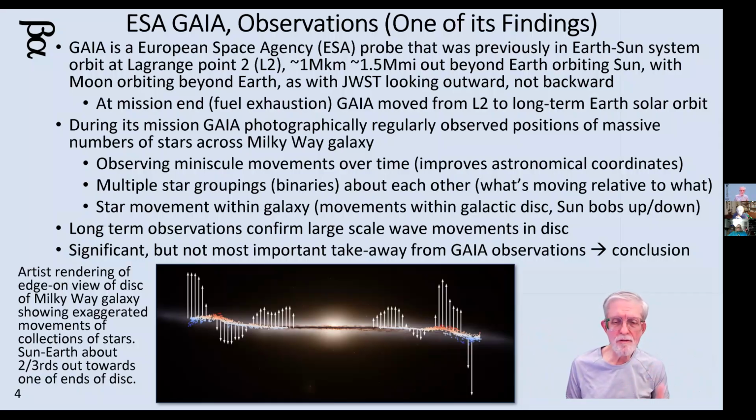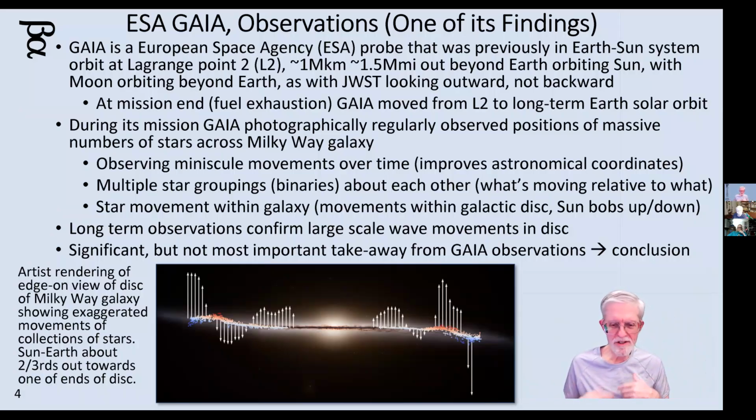Some of the movement of the plane of the galaxy, they are alluding to maybe over the billions of years, the Milky Way has interacted with other small galaxies like the Large and Small Magellanic Clouds, and this shearing velocity affected the disk of the Milky Way, and therefore you have this wobble. Whether you know it or not, the sun bobs up and down in the plane of the Milky Way over 250 million years or so.